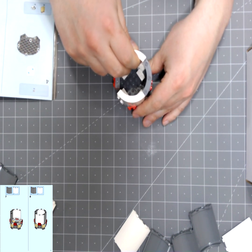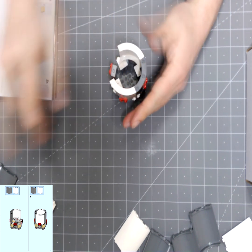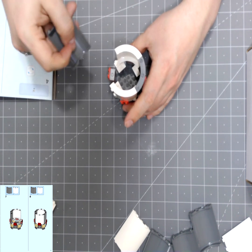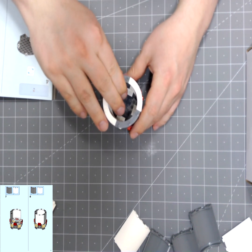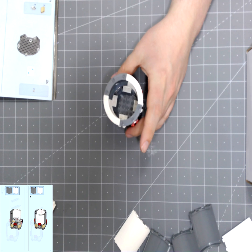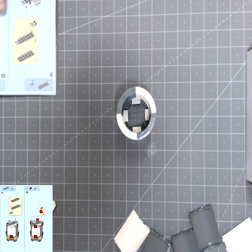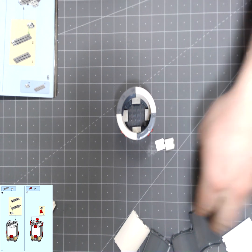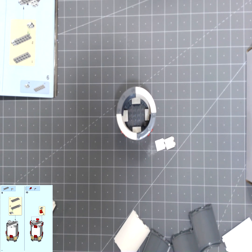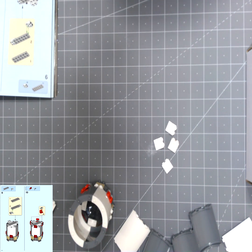Do the next one. There we go. All right, we did those. That's good. I'll go on to the next page here. All right, so we're doing these white pieces again, which are like the flats. They have the goofy ends on them, just like that. We'll put this off to the side, and then it needs a,